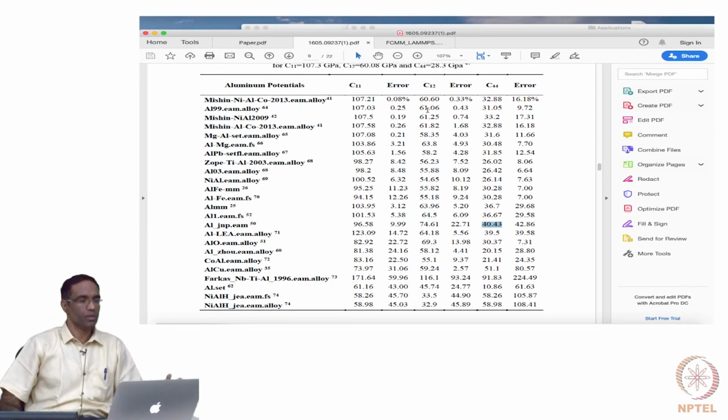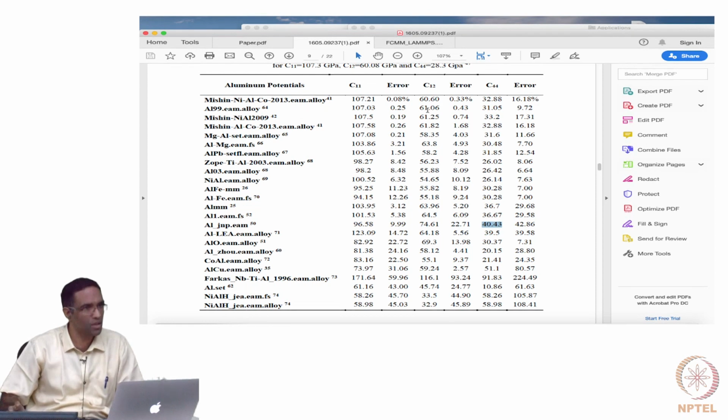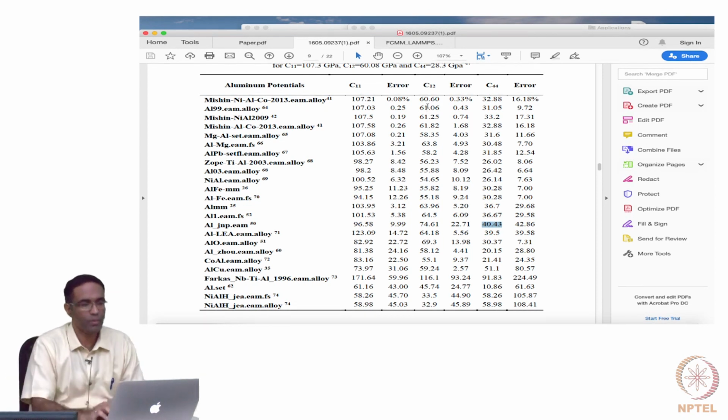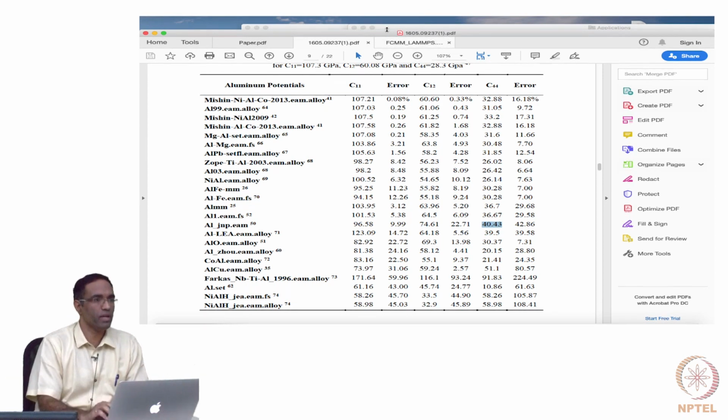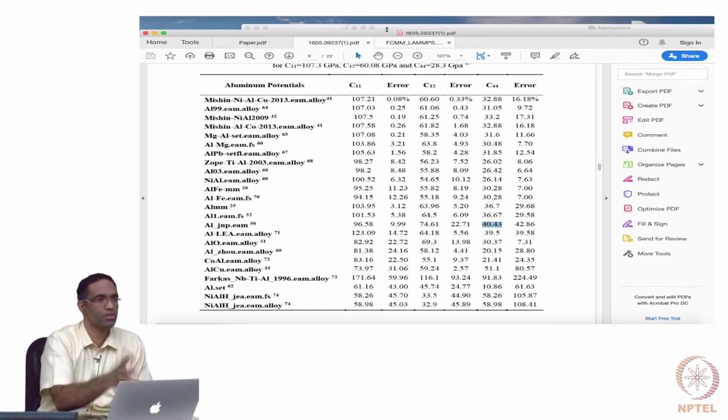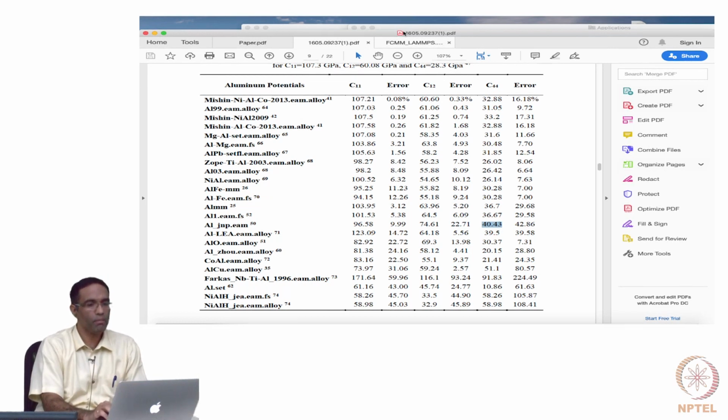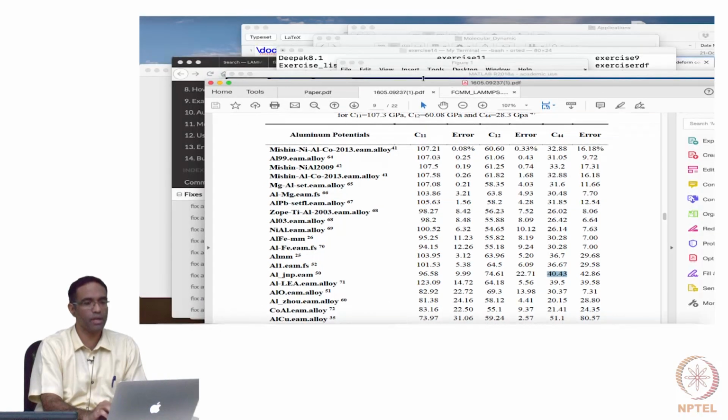capable of predicting. Now this is not a very amazing thing, because most likely these embedded atom potentials are going to be fitted for actually reproducing some of these elastic constants. But in case you have an interatomic potential for which you don't know the elastic constants, to get the order of magnitude, you can do some simple tests like this to actually figure it out. And you have to make sure, every time, that